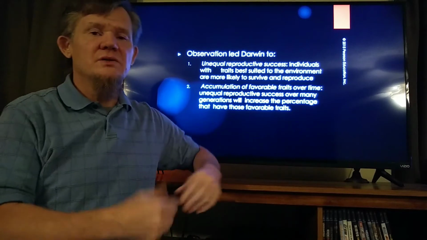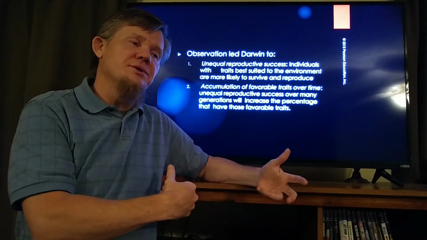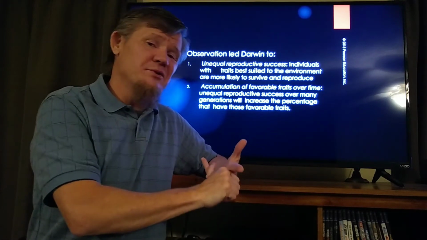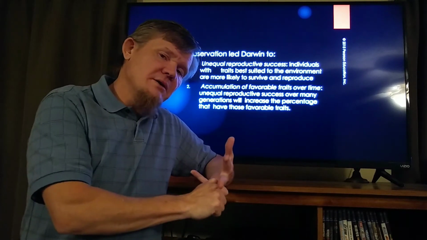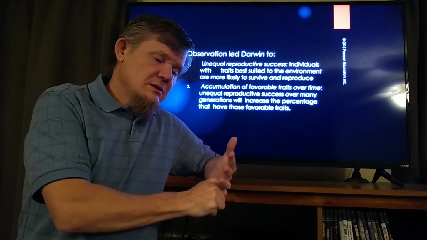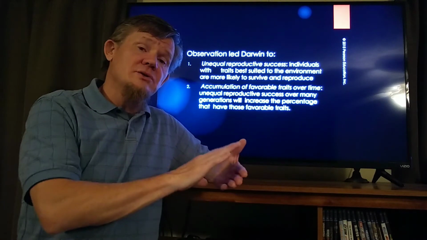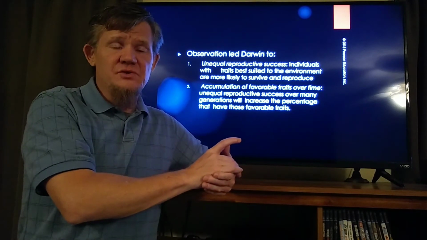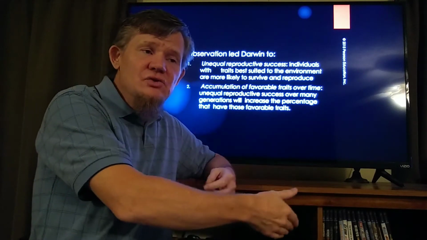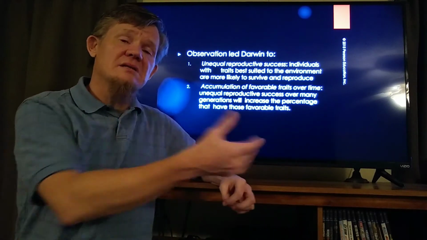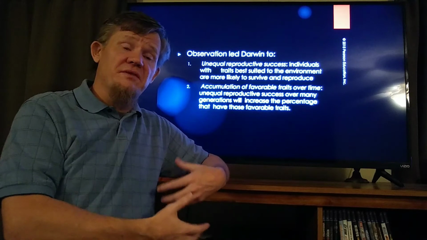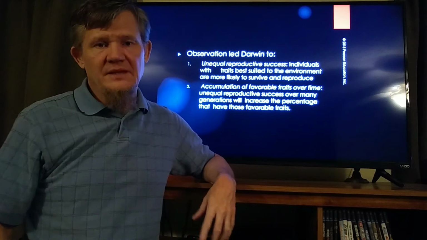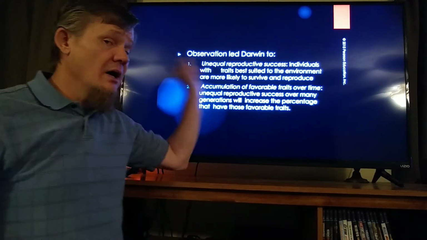Those individuals that are better able to survive the environment, those individuals that are better able to gather resources, to defend a territory, to find shelter, are going to do better. What allows them to do those things better? They have better traits. Traits that are better suited to this environment. Because they have those better traits, they're going to be able to survive better in this environment. And because they do, they're going to leave behind more kids. That's what natural selection is. And it also is unequal reproductive success.